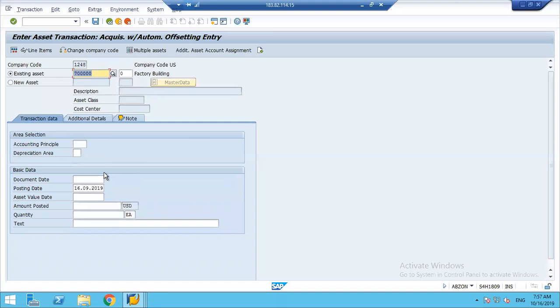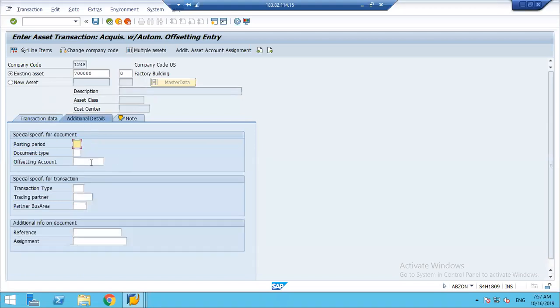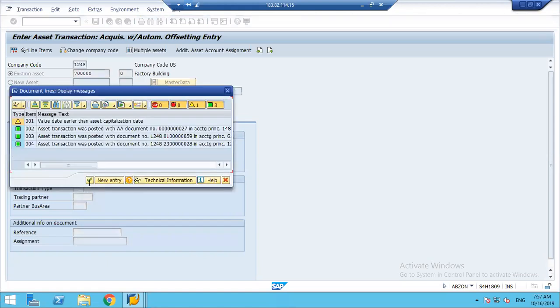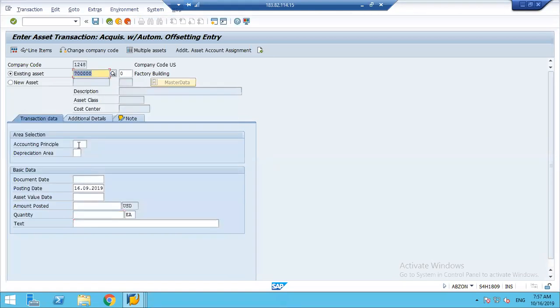If we want, we can post like that. We will post multiple transactions. Let's say July. I will consider July. Okay, I will say 3000, and I will enter an offsetting account directly, saving. Okay, posted some transactions. So July, August, September, we have posted a few transactions. Like that, we will keep on posting transactions until